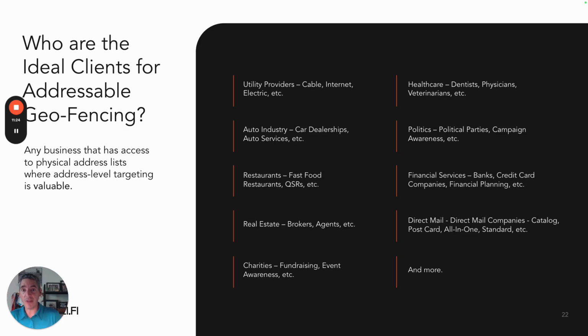If you don't have that address information, one of the tools within our platform is the ability to target an audience that's already ingested into our database. So what that means is that you don't have to have a list. If you don't, we can create one for you and help you curate that list for us to be able to target it for you. But if you're already doing direct mail, all you have to do is give us those addresses and we can start delivering ads to those people.